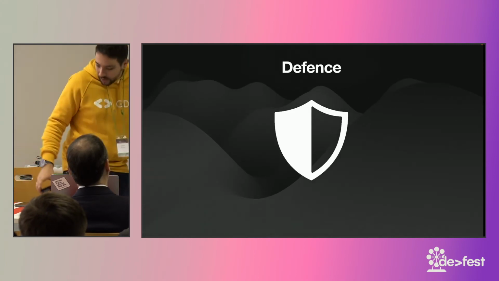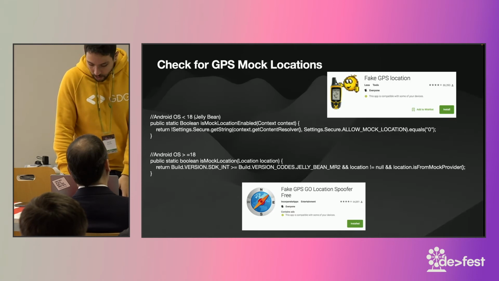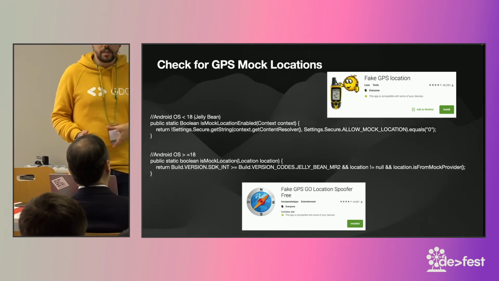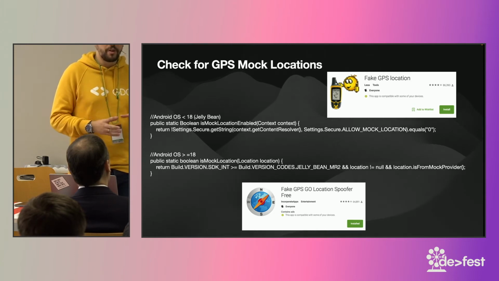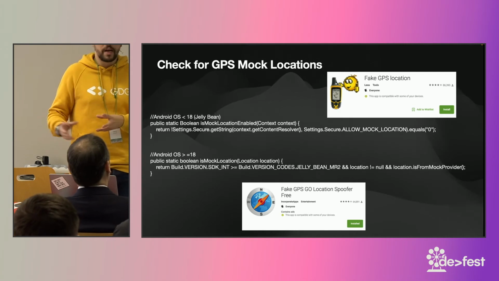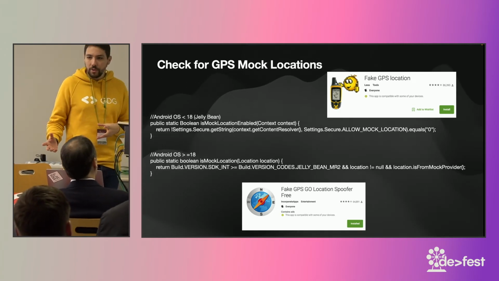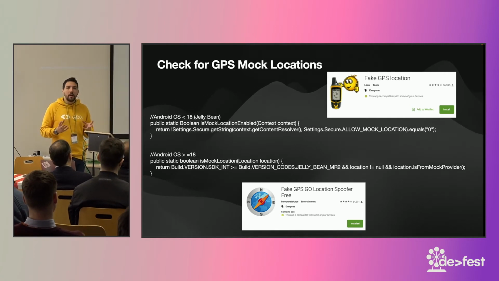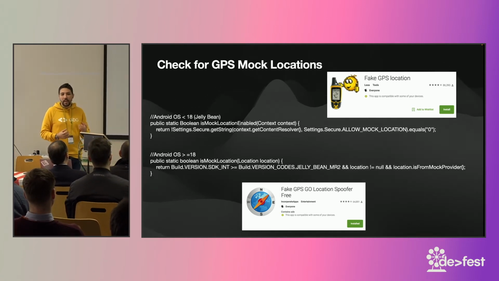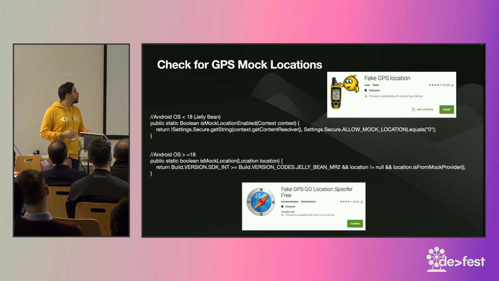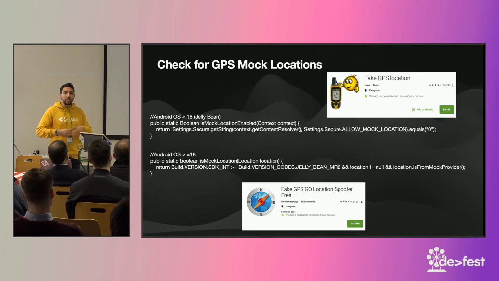And I'm going to stand up again. What I'm going to do is go through various use cases within your applications. I'm going to start with very specific ones, and go to more generic ones that apply to most applications. And I'm going to tell you exactly what you could do in order to start being better defended against various attackers. So the first use case is for applications that are using any sort of location data,